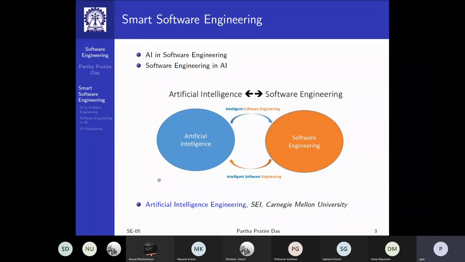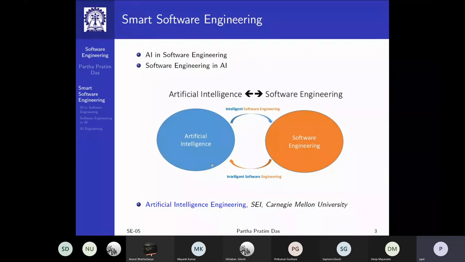The Software Engineering Institute of Carnegie Mellon talks about this model, which I like, between artificial intelligence and software engineering. So AI has applications in software engineering, which they called intelligent software engineering. And software engineering is, of course, required in building smarter AI systems.